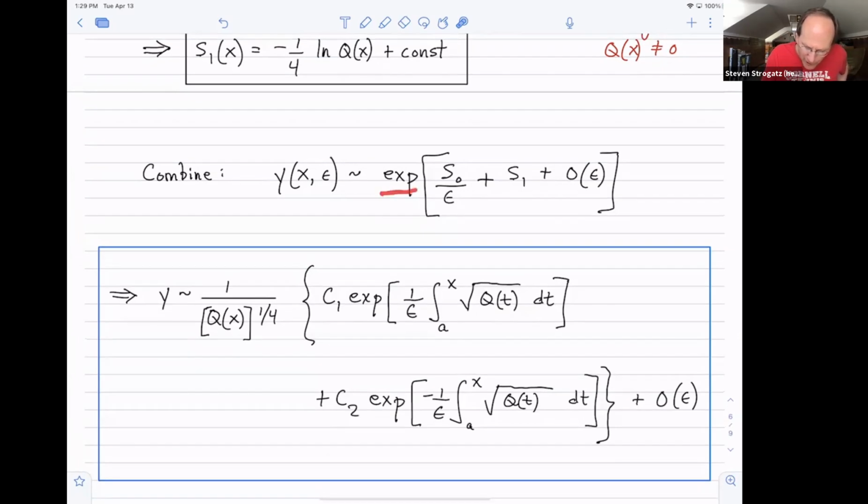I have exponential of a sum, right? So exponential of a sum, you do exponential of the first term times exponential of the second term times exponential of something of order epsilon, which would be of the form 1 plus epsilon plus higher. In other words, once I get to an order epsilon term in here, I know that I'm at the end of my order 1 calculation for the whole expression for y. I guess what I'm trying to say is, let me say that a little more explicitly. If I have e to the 1 plus order epsilon,